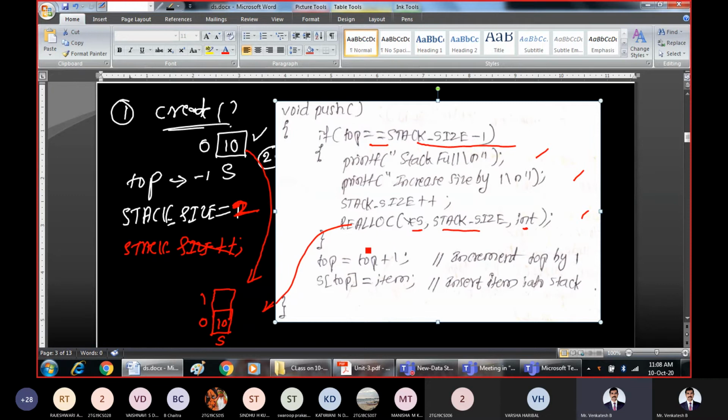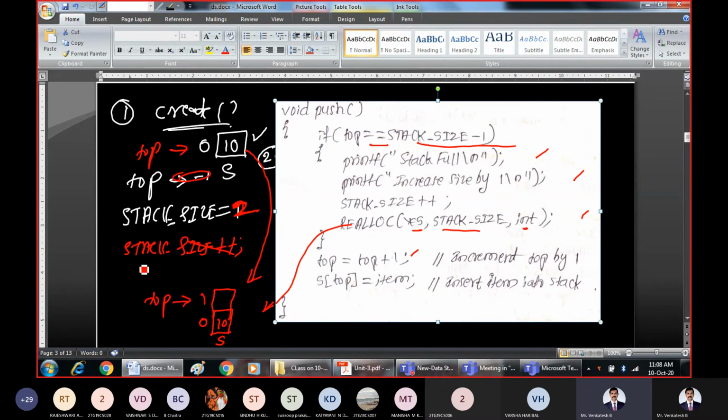Now, once you reallocate, what we have done here is, if the stack is full with this code, we have just increased the size of the stack because one more space is added here. Then simply insert the element as usual, how you insert for normal stack. So make top to point to next location. Earlier top was pointing here. See here. When you insert this element, top will be pointing to this location. From here, top incremented. So when you perform top plus plus, top is made to point to next location. Then at that location, copy the item.